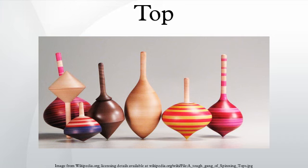A top is a toy designed to be spun rapidly on the ground, the motion of which causes it to remain precisely balanced on its tip because of inertia. Such toys have existed since antiquity. Traditionally, tops were constructed of wood, sometimes with an iron tip, and would be set in motion by aid of